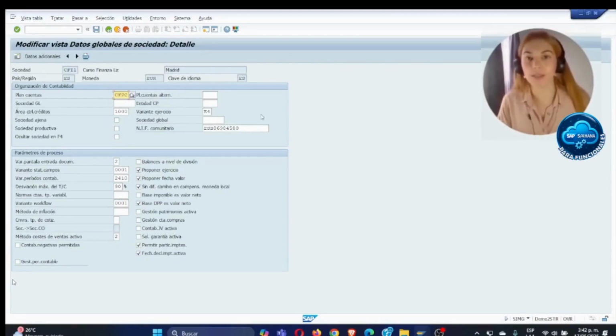One thing you should keep in mind is that a company can work with up to 3 charts of accounts. Which ones are these? Well, they are the operational chart, a country-specific chart and a consolidation chart. That topic, so you know what each one is for, I'm going to make a separate detailed video about it, maybe the next one. Well, actually, it would be best if it's the next one,